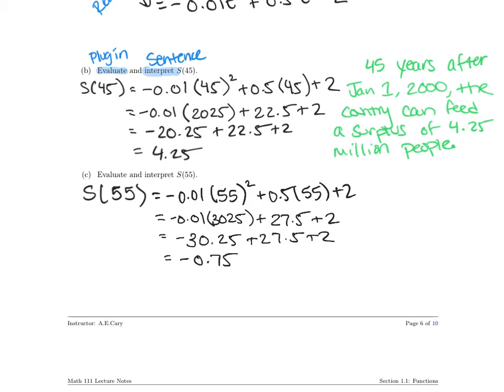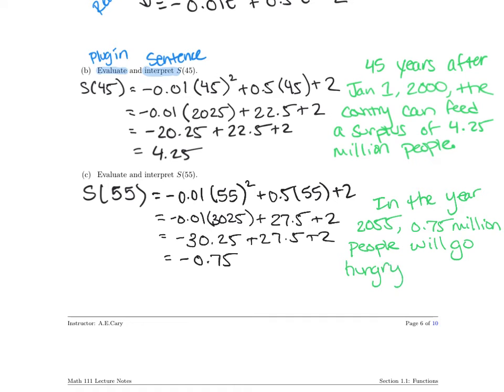So, in a sentence, if I don't feel like saying 55 years after January 1st, 2000, I might just say, in the year 2055, because that means the same thing. Instead of writing negative 0.75, I'm just going to say 0.75 million people will go hungry in this